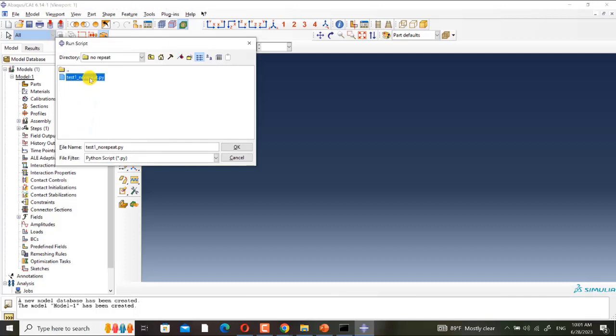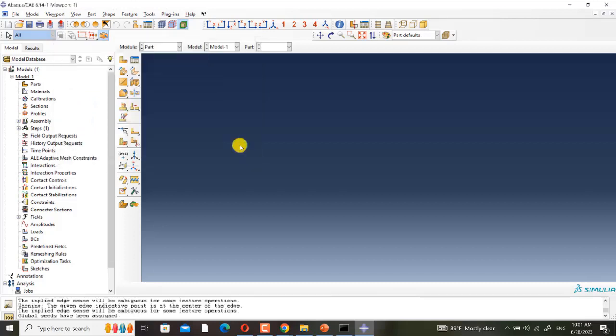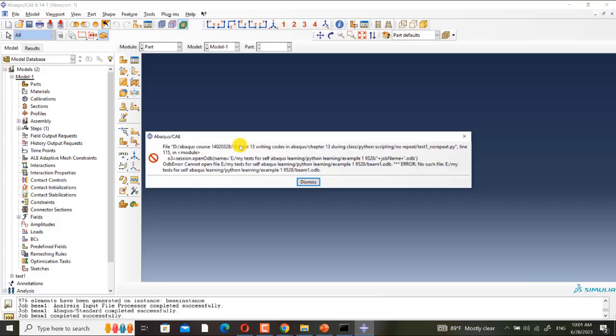I run this script. The CAE model will be created automatically, then the job is created automatically, and finally the simulation will be done.